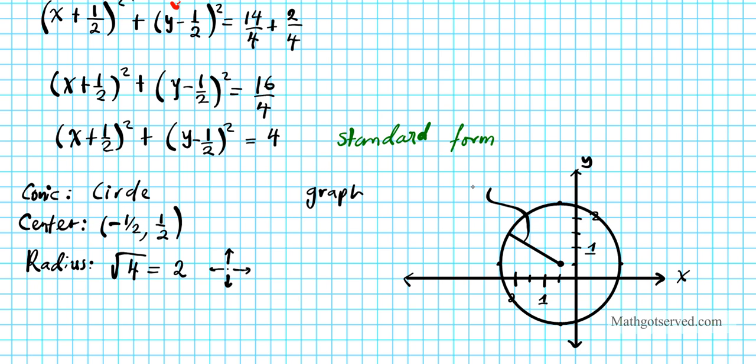There's our radius. And how long is our radius? Our radius is 2 units long, right? So radius is 2 units. And this is the center right here. So what are the coordinates of the center? It's negative 1/2 and 1/2. Okay? All right, now,